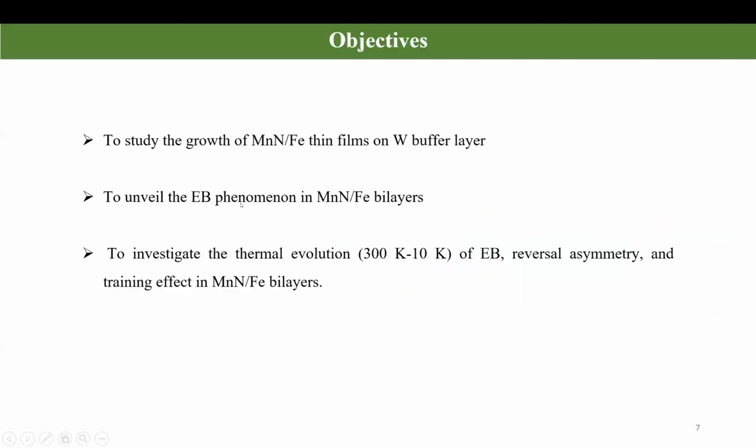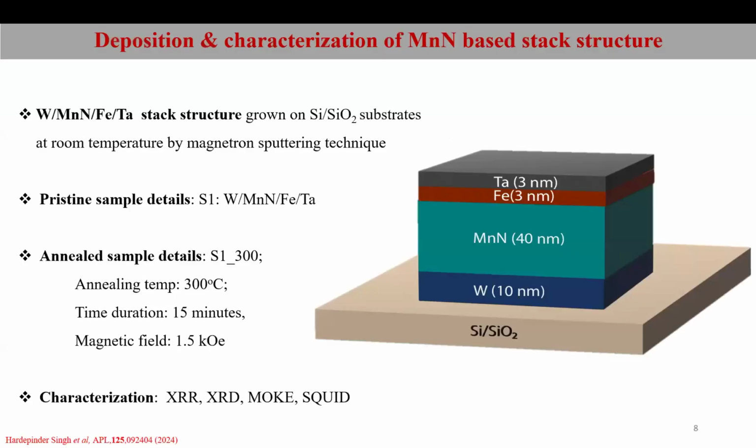So our objective in this work was to study the growth of MnN FE thin films on a tungsten buffer layer. This is a new buffer layer which we have used. We wanted to study the origin of the EB phenomena by investigating the thermal evolution of EB, reversal asymmetry and training effect. So this stack structure was deposited on thermally oxidized substrates, which are industrially useful,